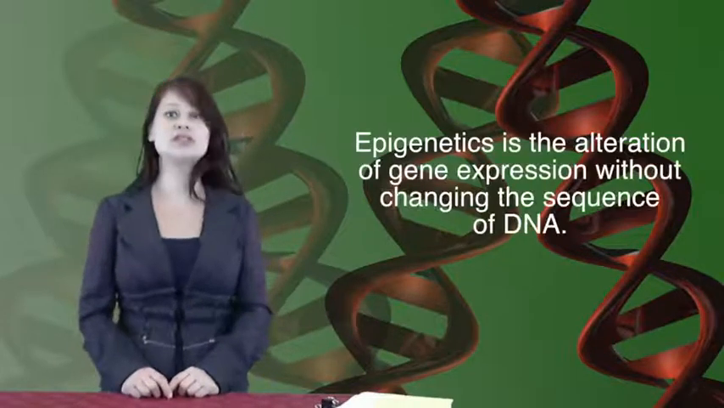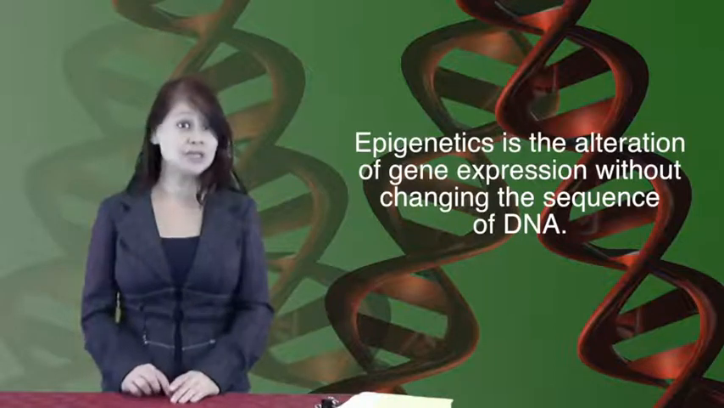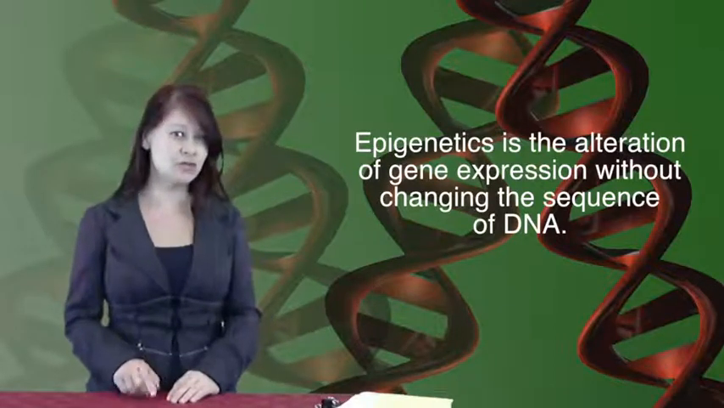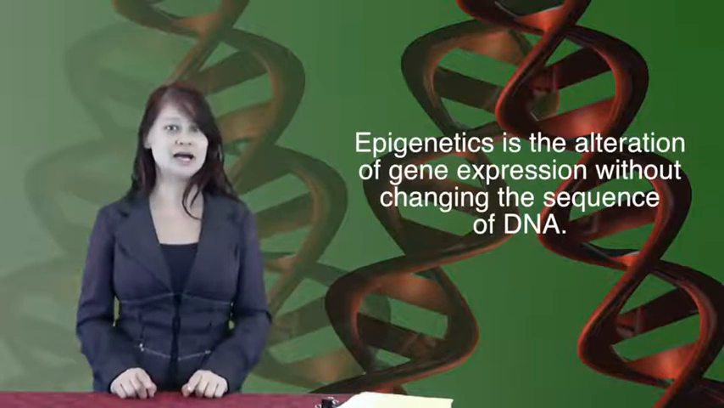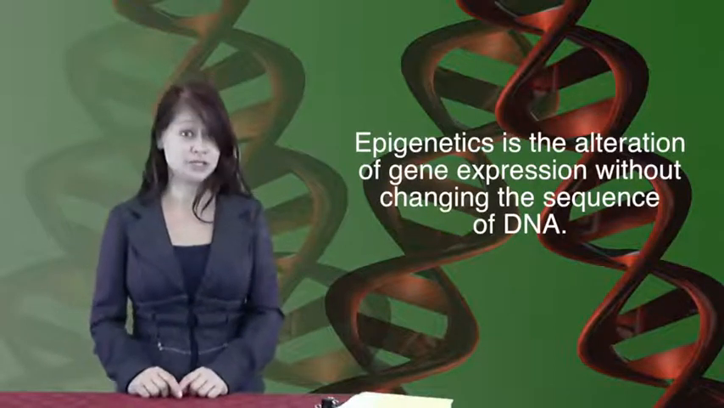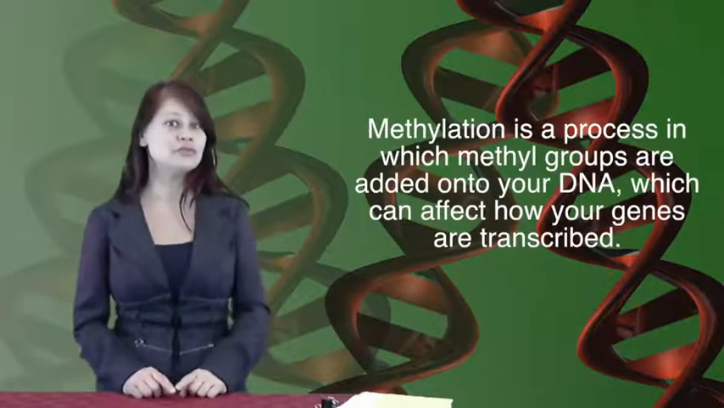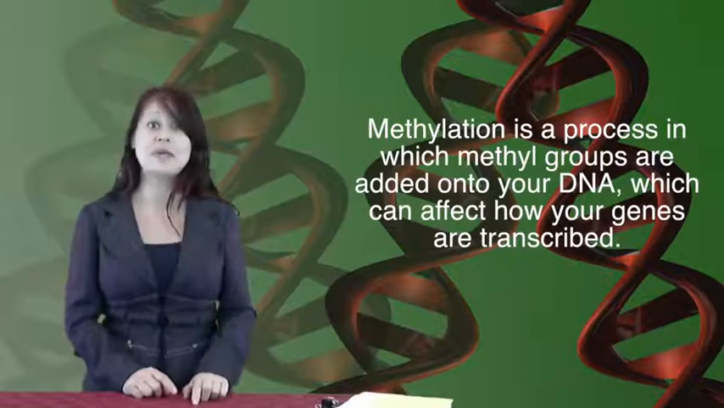Epigenetics is one of the ways gene expression can be controlled. Epigenetics is altering gene expression without actually changing the DNA sequence. There are several ways that can be done. One way is called methylation. Methylation is a process through which methyl groups are added onto your DNA sequence, and they can affect how the